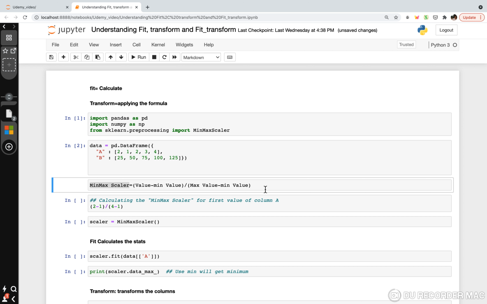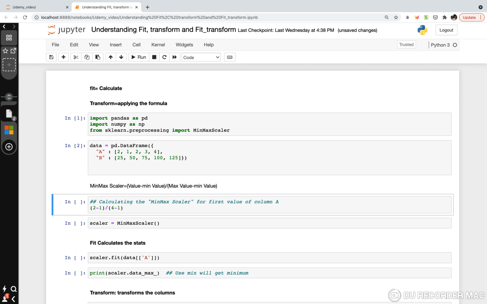MinMaxScaler is basically: you take the value, then you take the minimum value of the column and the maximum value of the column, and divide by the maximum value minus the minimum value of the column.